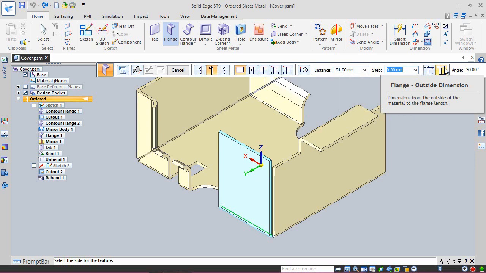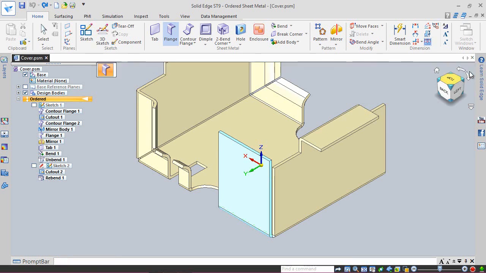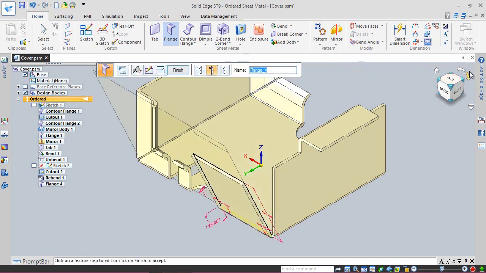Verify that this length dimension is outside of the material dimension. Fill 115 degrees in the angle and execute the command.